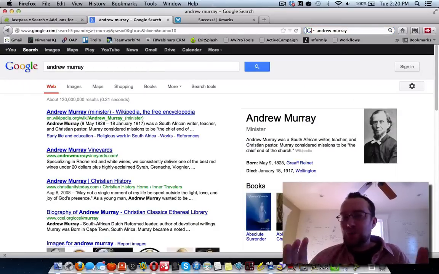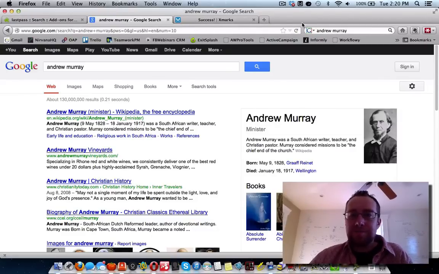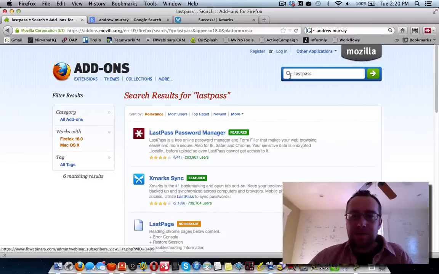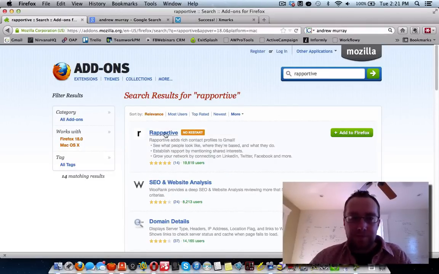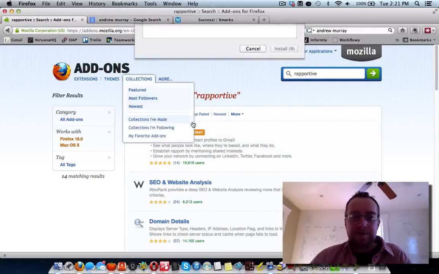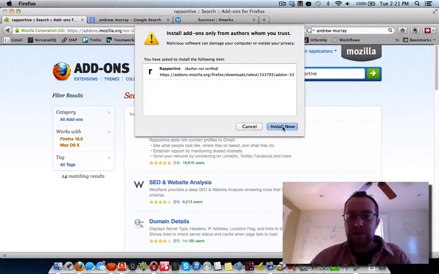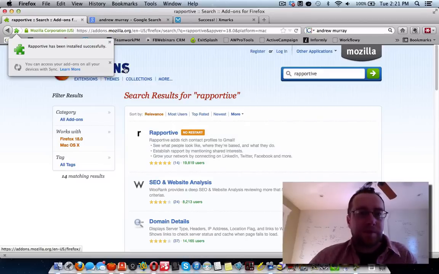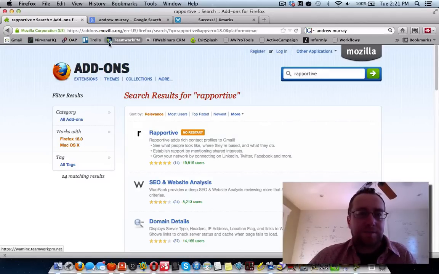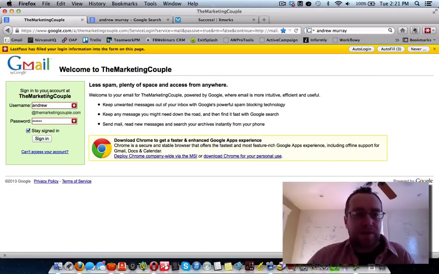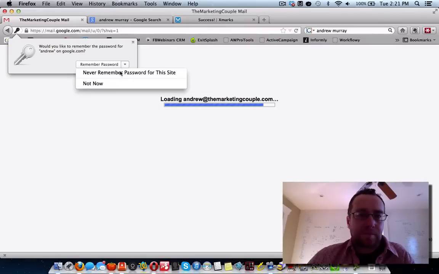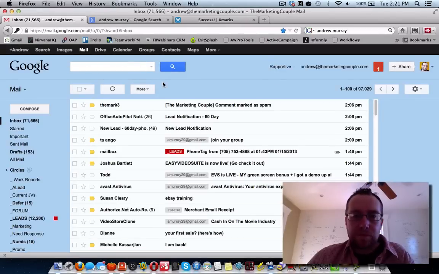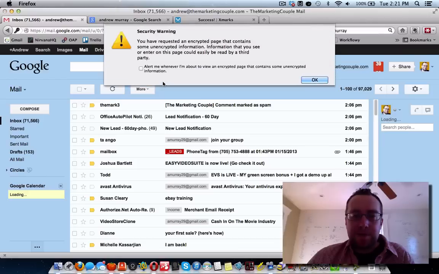All right. So last thing, and I think this is probably one of the most important add-ons, is I'm going to install Reportive. Most add-ons require a restart. This one doesn't. Okay, cool. So it's been installed. Now Reportive, when I go to my Gmail and I'm logged in, okay, what's going to happen is